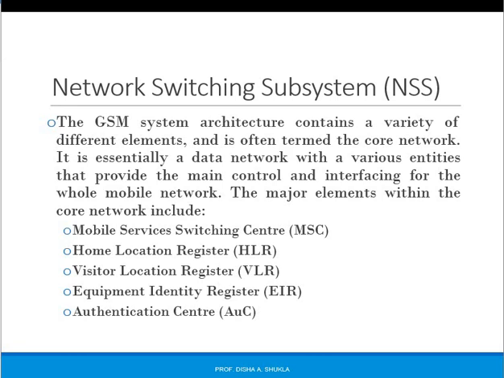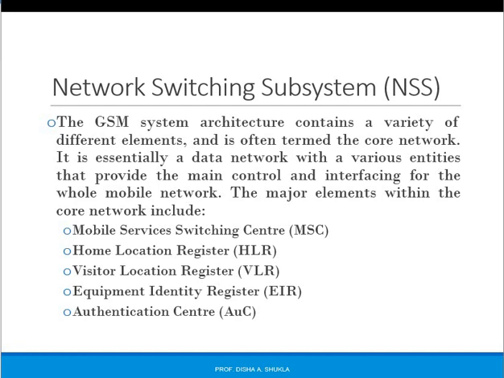In this way, access is made faster and more conveniently. Equipment Identity Register (EIR) is the third part in NSS. So, the Equipment Identity Register is the entity that decides whether a given mobile equipment may be allowed onto the network. Each mobile equipment has a number known as the International Mobile Equipment Identity, or the IMEI number. This number, as mentioned, is installed in the equipment and is checked by the network during registration.